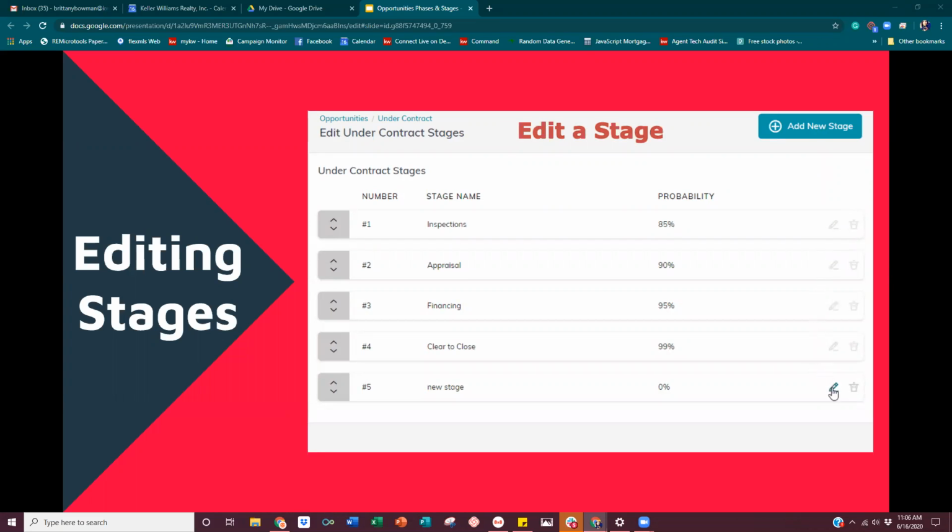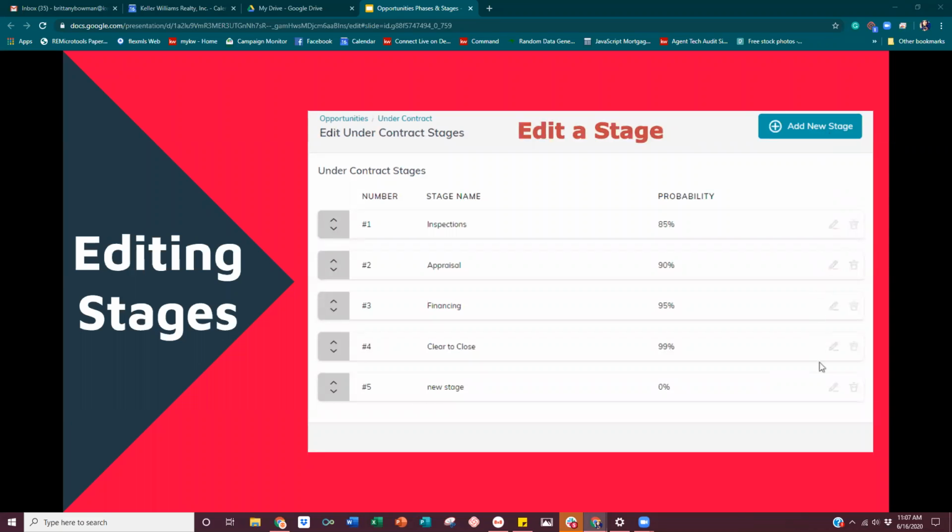Use the Add New Stage button at the top right-hand corner of that window to add a new stage, which you'll have to edit once you click on that. On each stage, you use the edit icon or the delete icon to control what's already been added. You can click and drag any of these stages up or down to reorganize it. And when editing a new or existing stage, just give it a name and a probability,